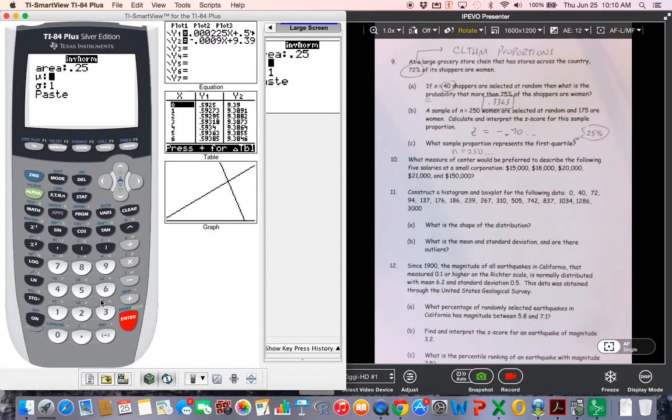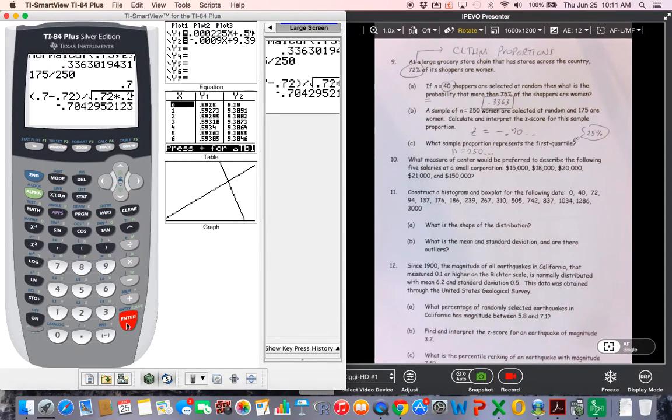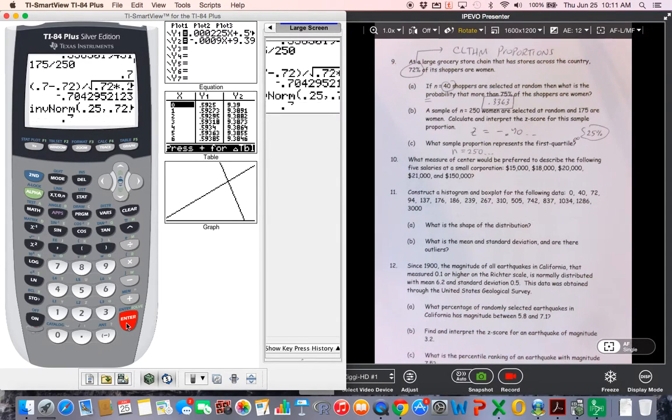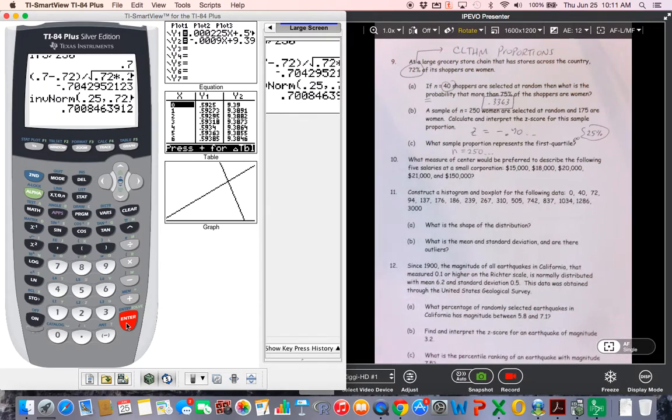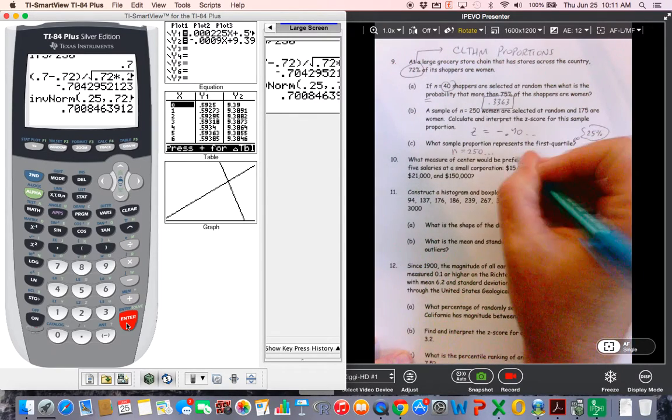So the mean is 0.72. And remember the standard error, you've got to have the sample size. So 0.72 times 0.28 divided by the sample size. This is why we got to have the sample size to work this problem. It may give me an error. No, it doesn't. So the sample proportion that represents that